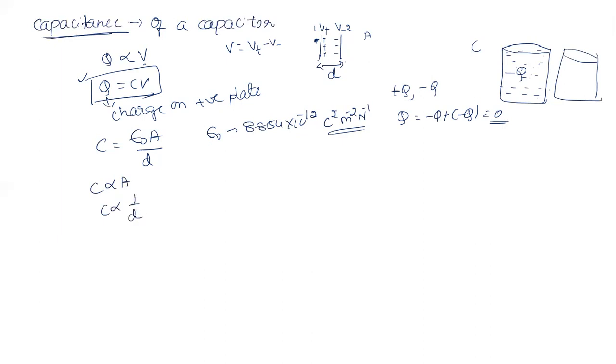Sir, what if I place some dielectric here, let us say dielectric constant K? Then this relation becomes, let us take C naught in air medium or vacuum, C equal to K times epsilon naught A by D. So this becomes K times C naught, because epsilon naught A by D is C naught, right? So the new capacitance is increased, K times it is going to increase.